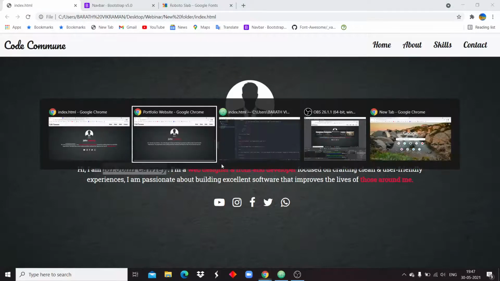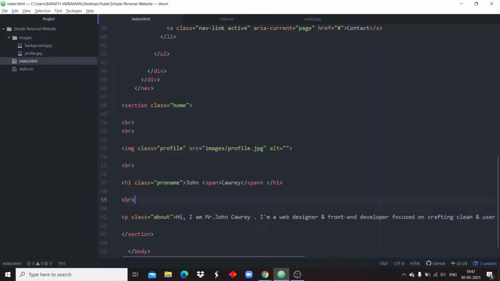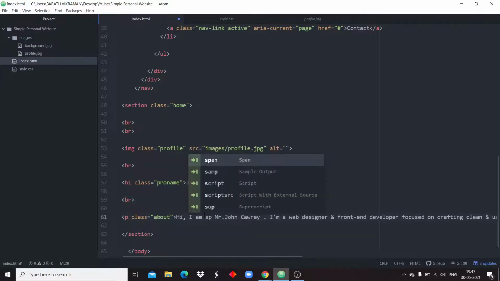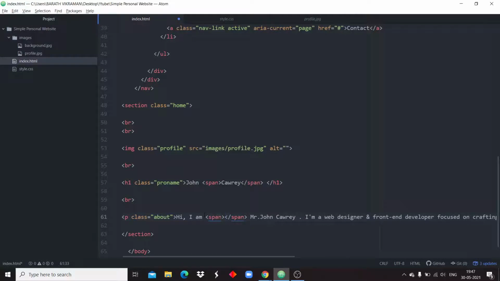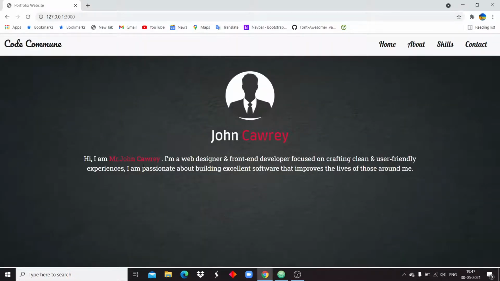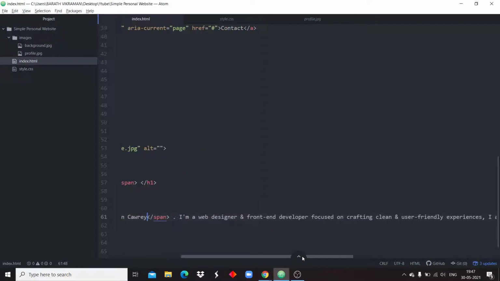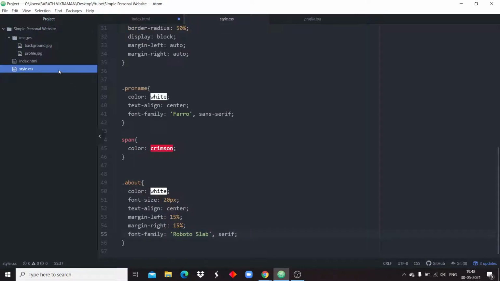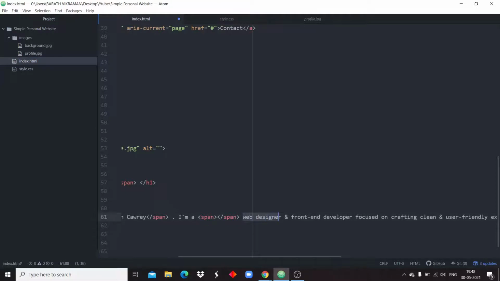So I'm adding span tags in between these words. Here you can see it automatically changed, because we have already specified the span tag color as crimson. We need not declare it again.